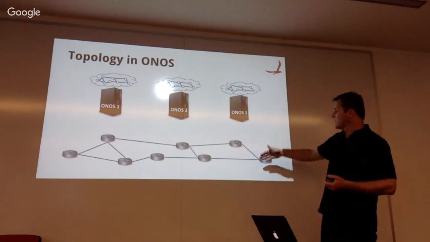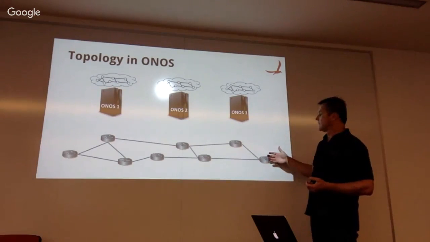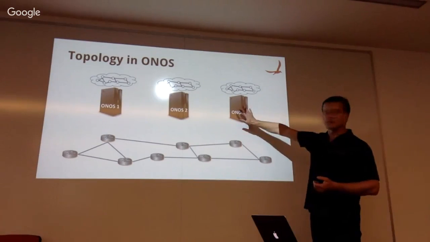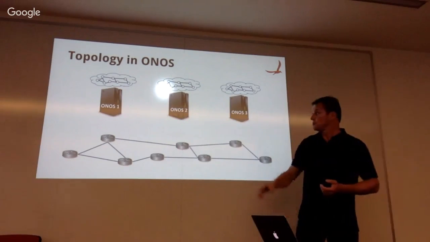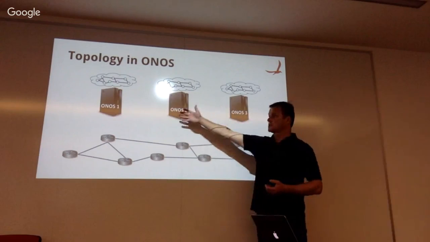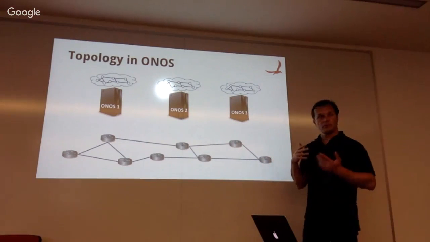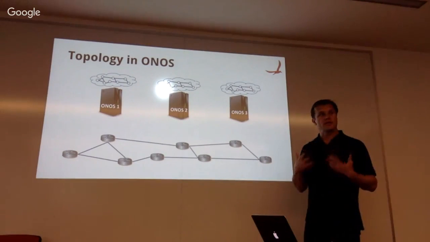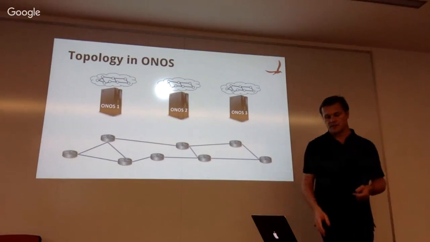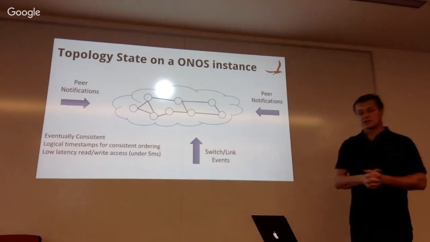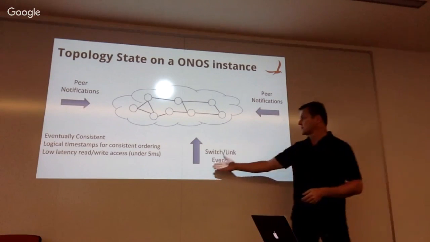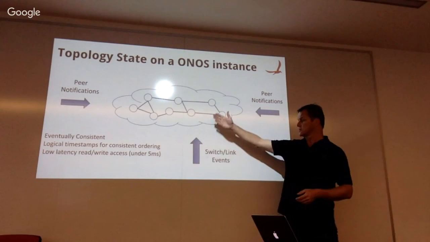You may get something happening over here, connected to this machine, and the event needs to propagate over there. But for example, if both this node and this node are connected to this switch, they will both see that event, but perhaps at slightly different times. And so merging the topology state becomes an interesting problem, because you're seeing switch links events, topology events,